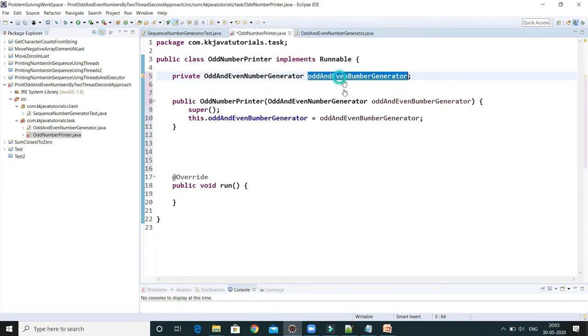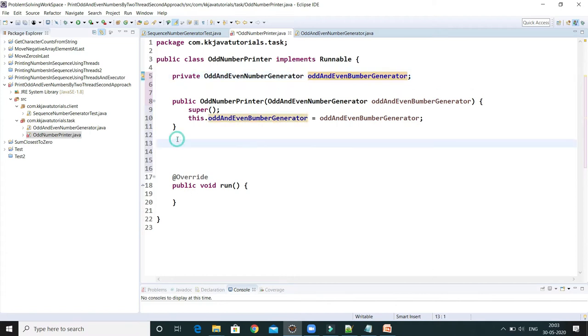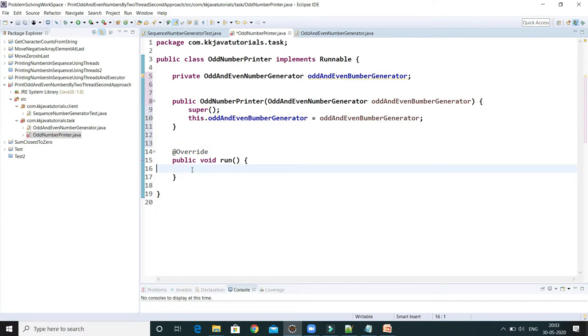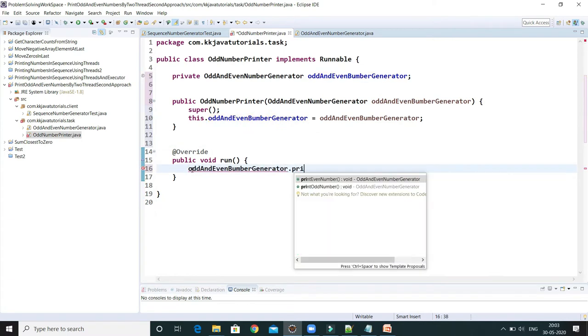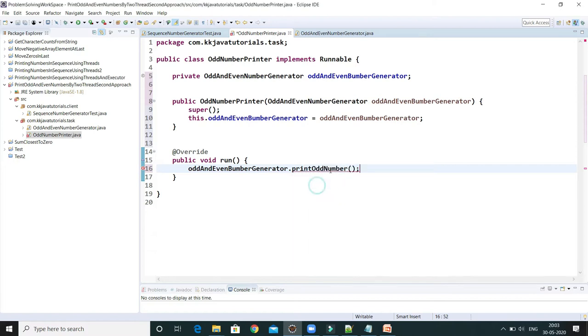Now we have a reference of this class. I had given this name wrongly, sorry guys, this has nothing to do with odd. Now we have a reference of this, and this is responsible for printing the odd number. So in the run method, I'll say this dot print odd number. Simply we have to make a call.